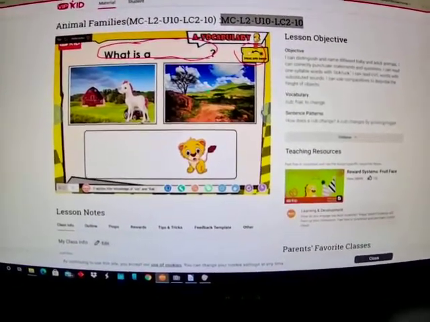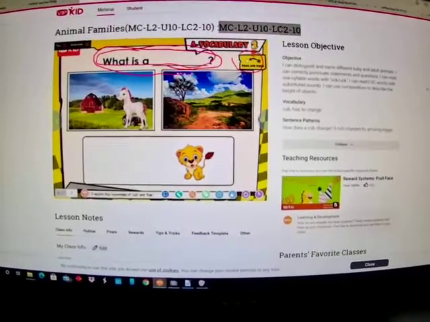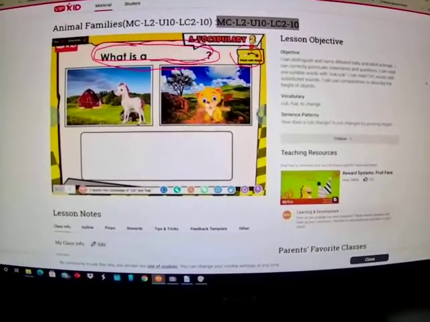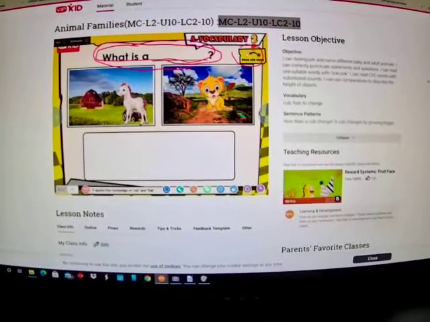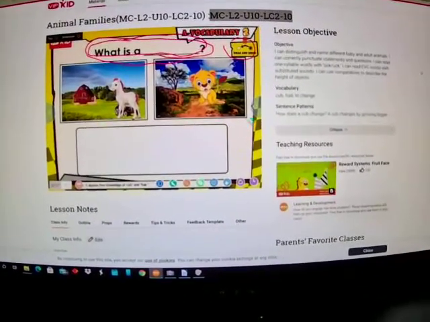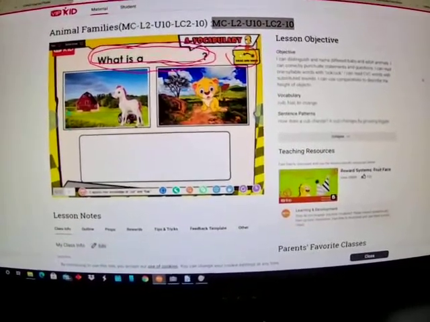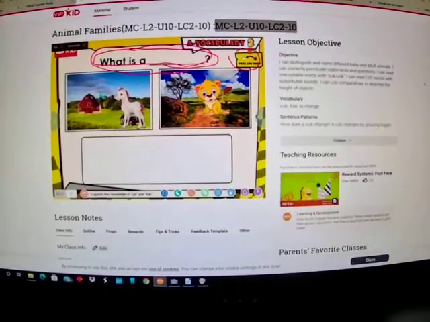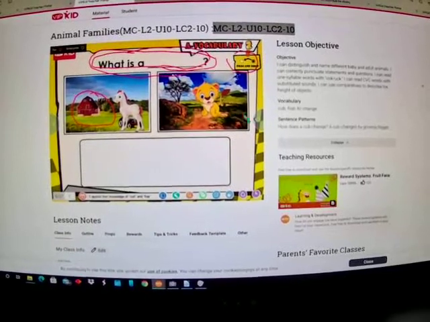So, what is a cub? You can ask the question. A cub is a baby lion. Where does a baby lion live? Drag and drop. Excellent. You can extend here too. If the student moves very fast, you can try to extend like, where is the barn? And they'll circle the barn or things like that.